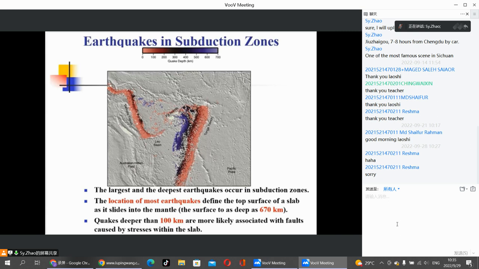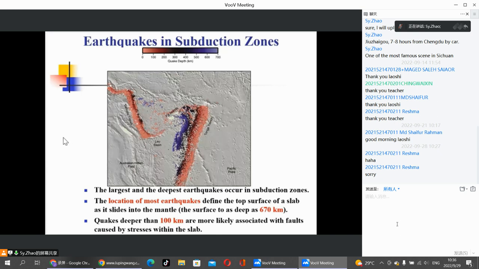And earthquakes that occur in the subduction zones are quite different from those at the spreading center, because the largest and deepest earthquakes occur in such zones. Unlike the seismic events at the spreading center, only shallow or small earthquakes commonly occur in the spreading center. And the location of most earthquakes defines the top surface of a slab as it slides into the mantle,